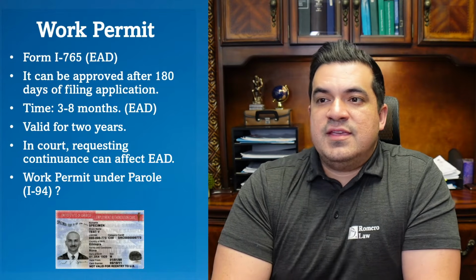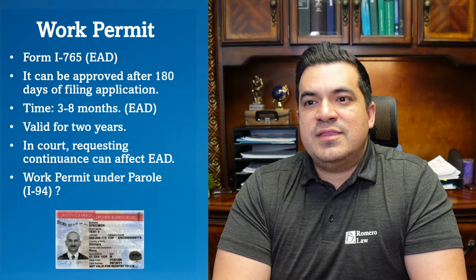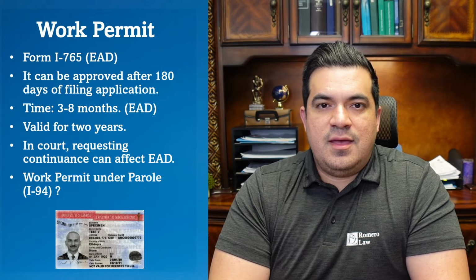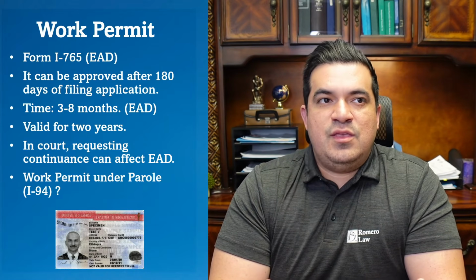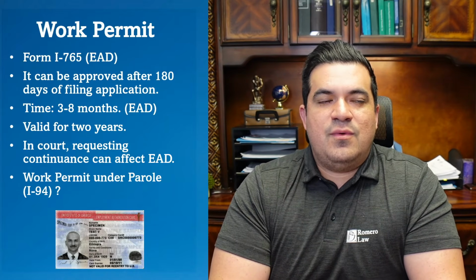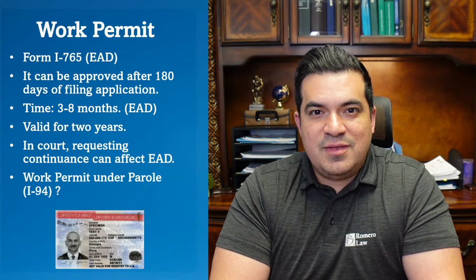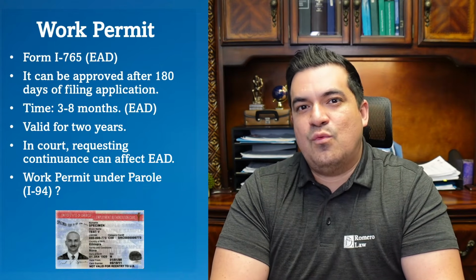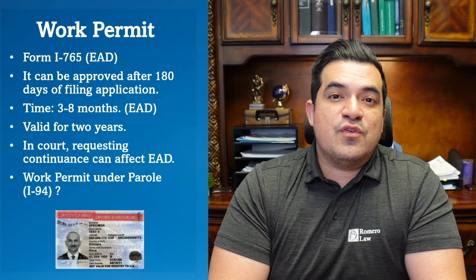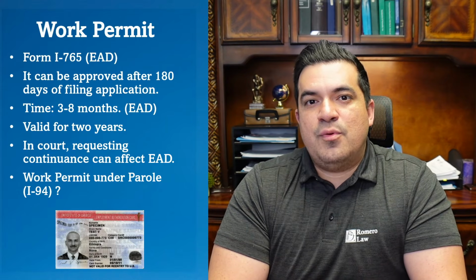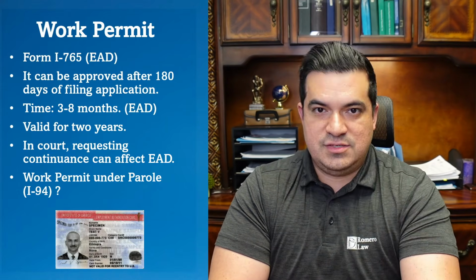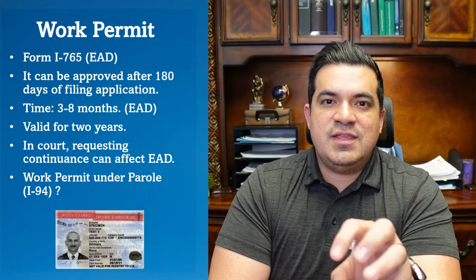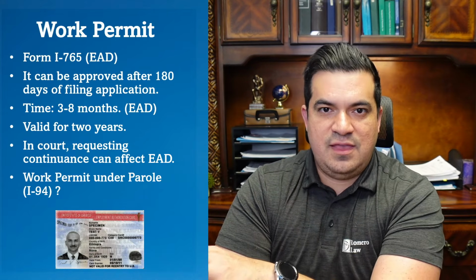So one of the things when people come into the United States is, when can I get my work permit? Here in the United States, technically anyone can work, but if you want to have authorization from the government to do it legally, you need to get a work permit. So for asylum, you're not eligible for a work permit until you file your application and 180 days pass from the date that you filed it.